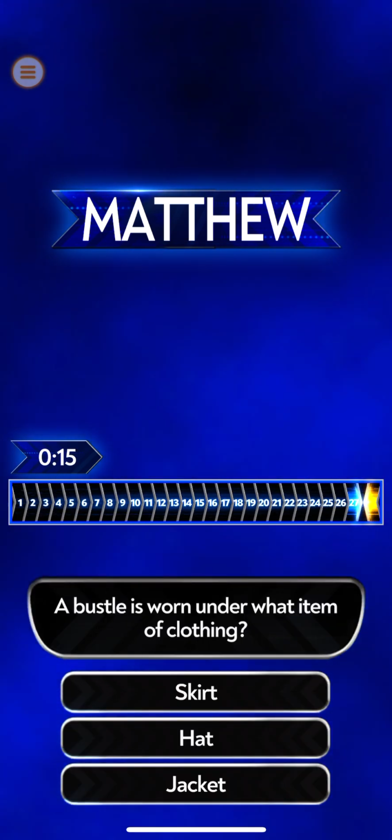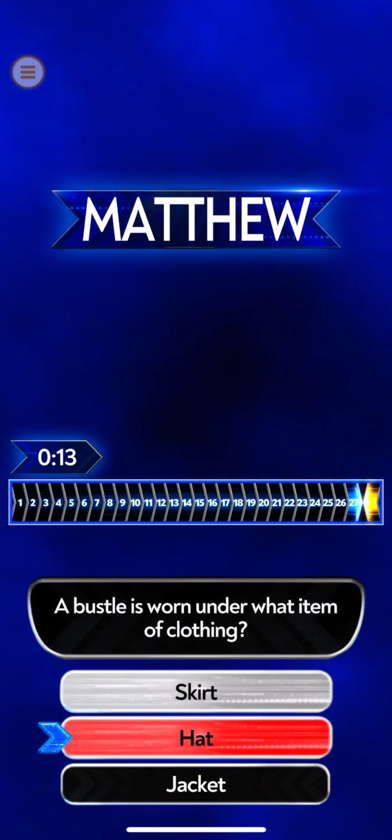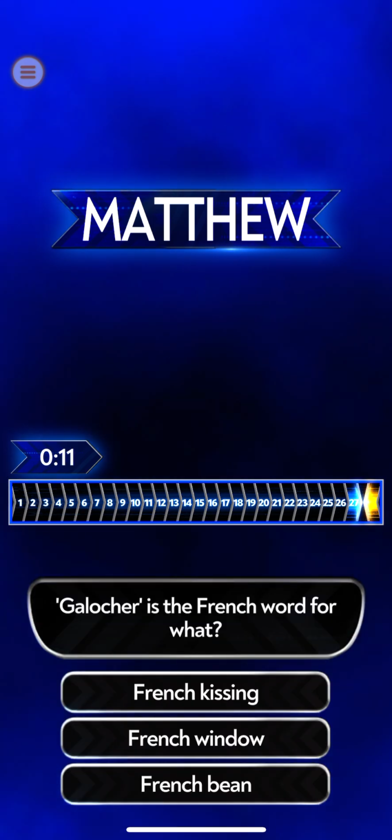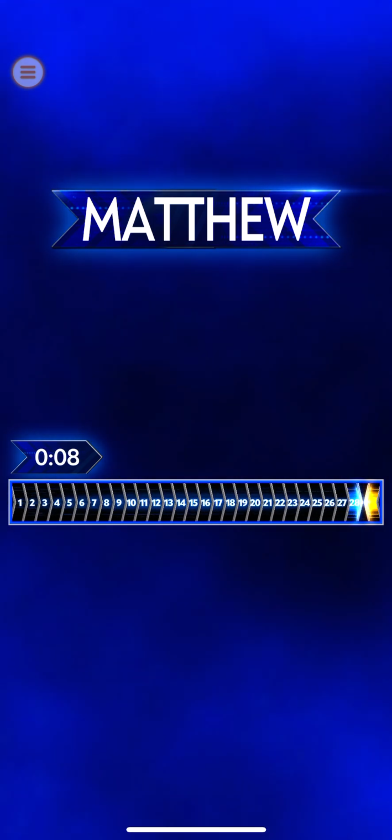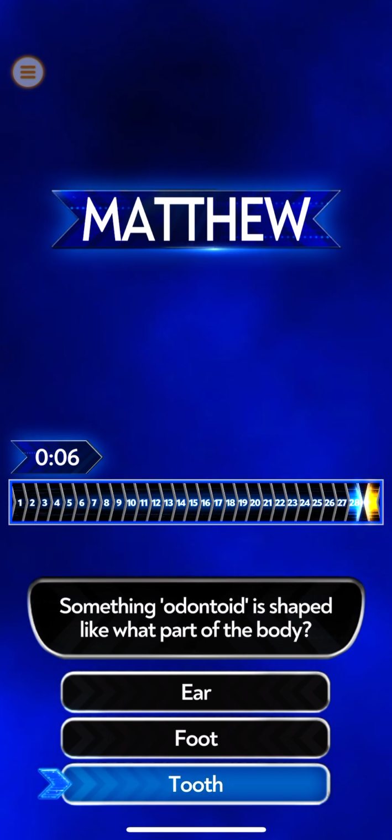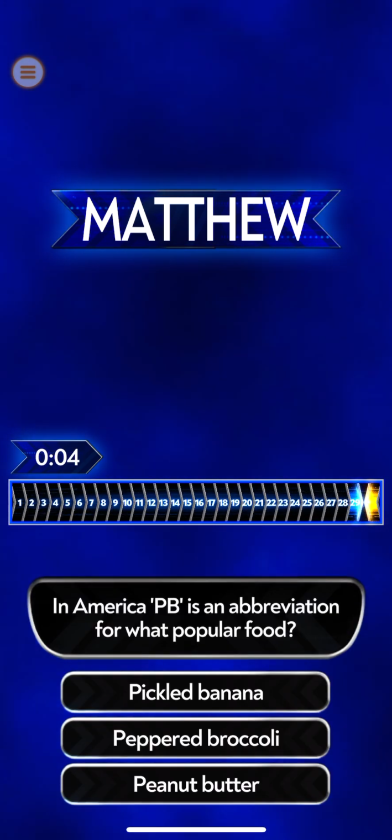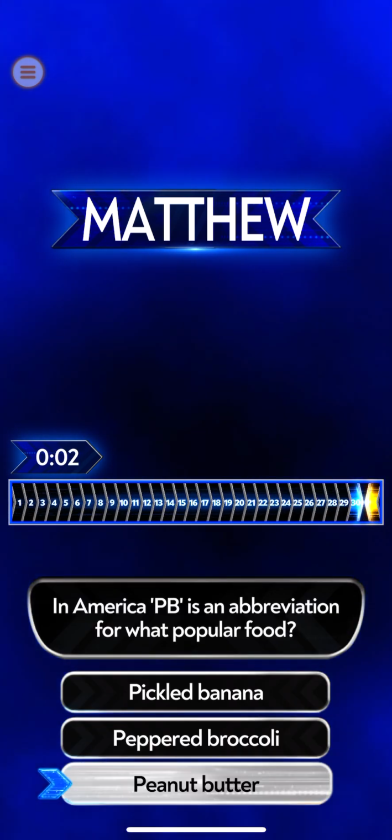A bustle is worn under what item of clothing? Galature is the French word for something odontoid is shaped like. In America, PB is an abbreviation. In the 80s,